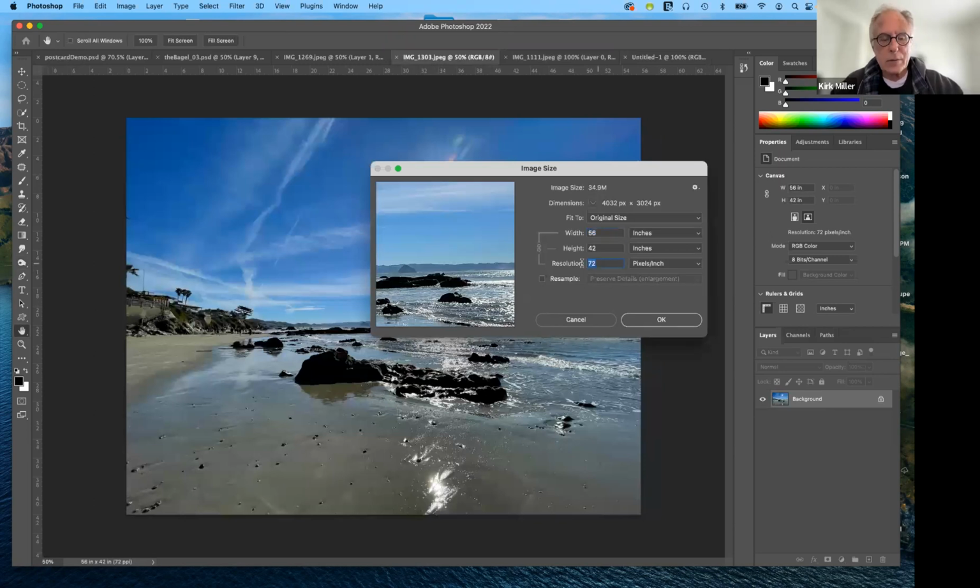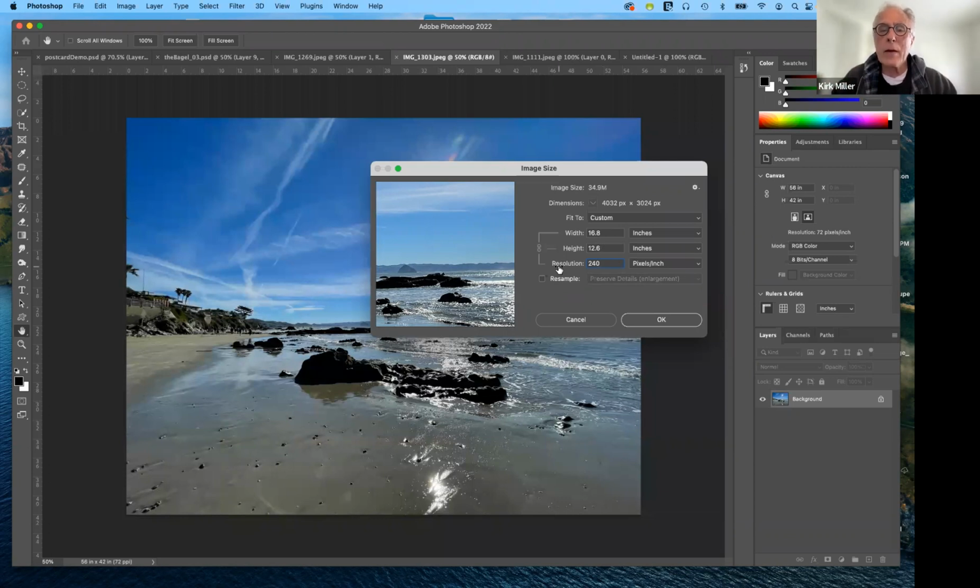If I change this to 240, it's 16 by 12. You don't want to make a huge postcard, but you do want your image to be larger than what you need so that when you shrink it down, it will hold up for printing. If you try to do it the other way,